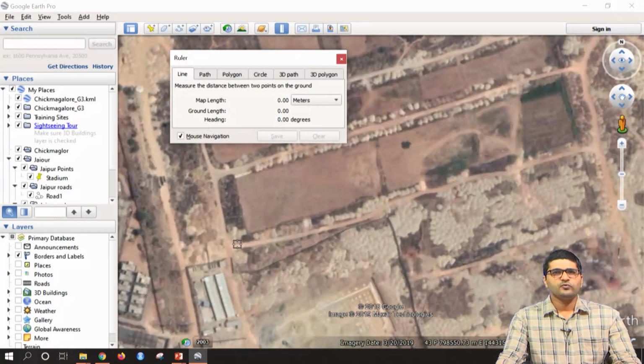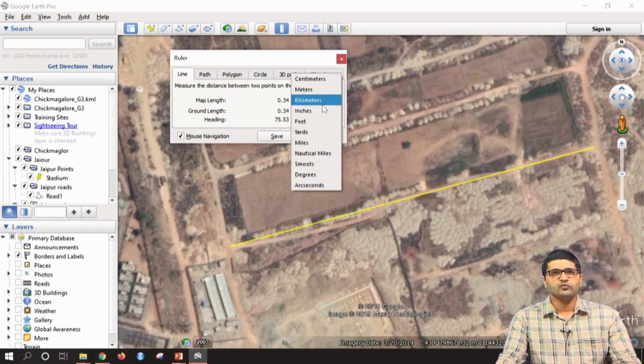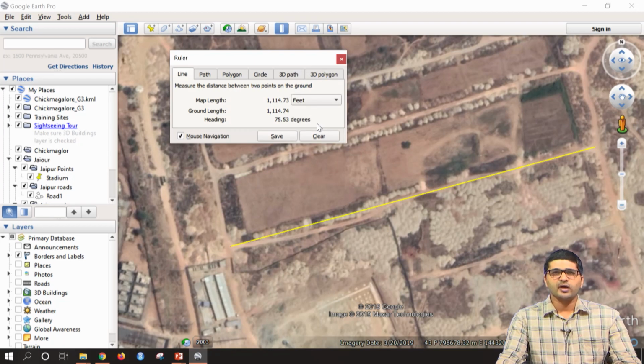If you want to measure this road from here to here, you just click, drag and double click here. It shows 339 meters. If you want to change the units, you can do that as well. If you change it to kilometers, this is 0.34 kilometers, or you can change it to feet.